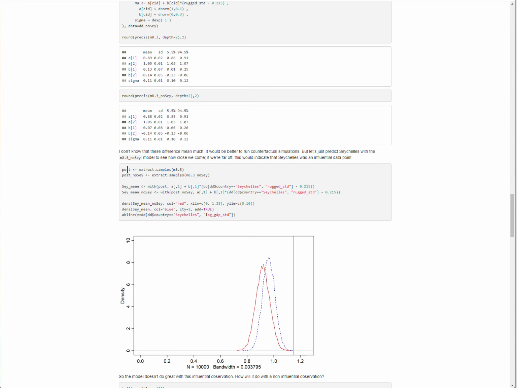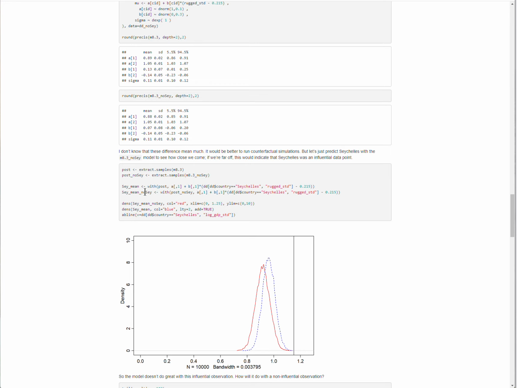I'm going to extract samples from both models, the one with Seychelles in the data and one without, and then use the posterior draws from both models to try to predict Seychelles. And that's what's going on here with the two models.